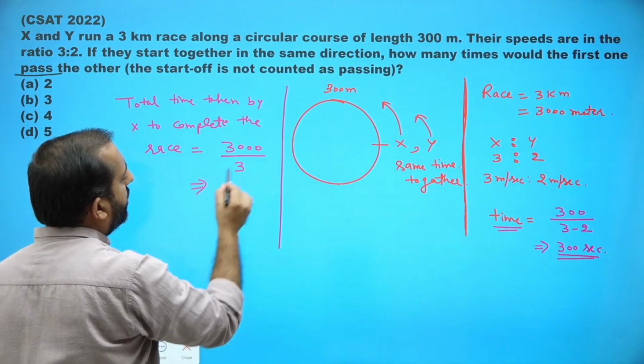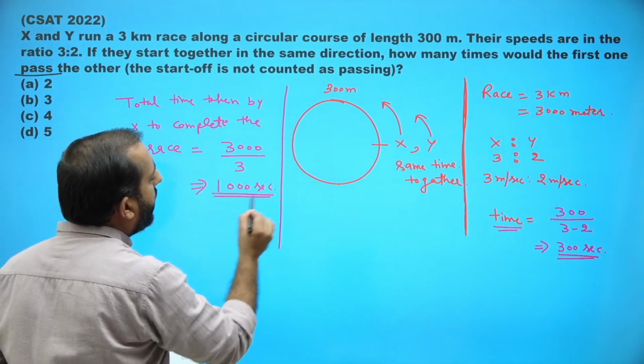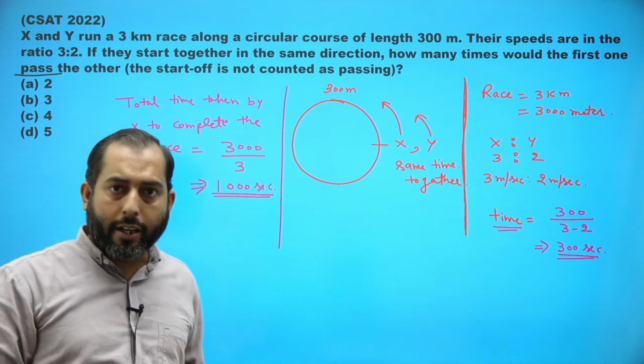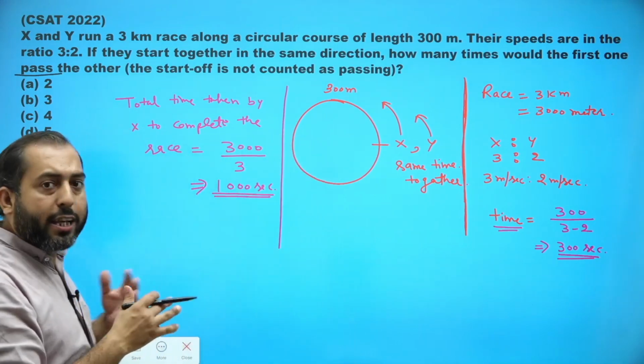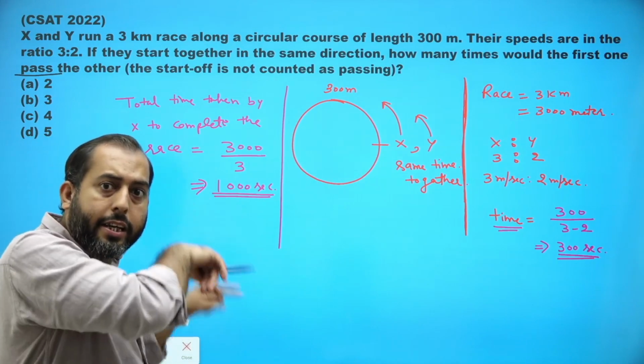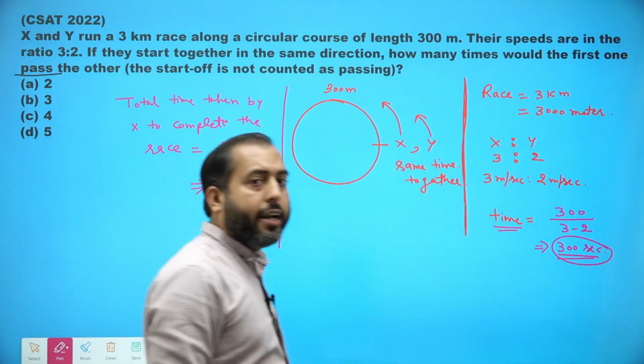So we can see that in 1000 seconds X will complete the race, and in these 1000 seconds, after every 300 seconds,